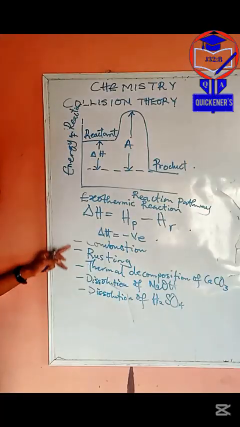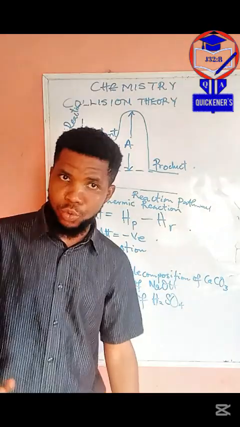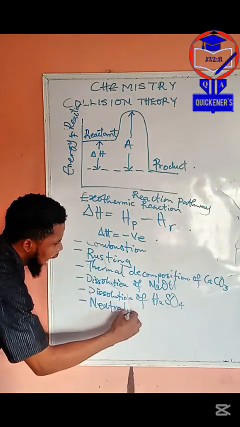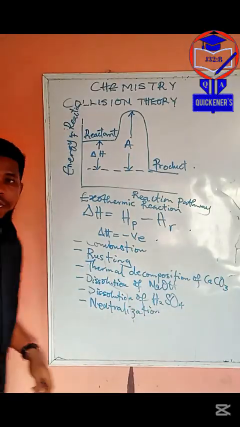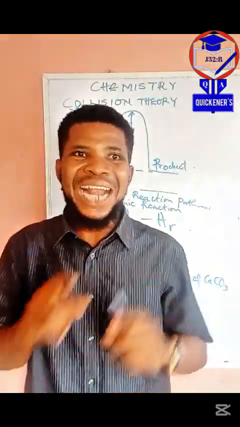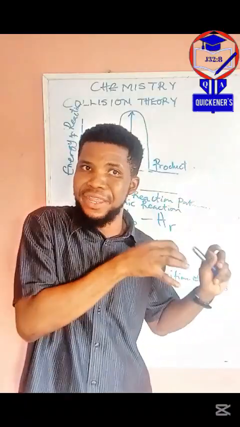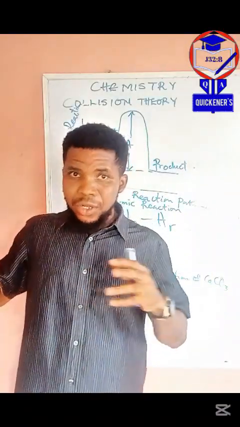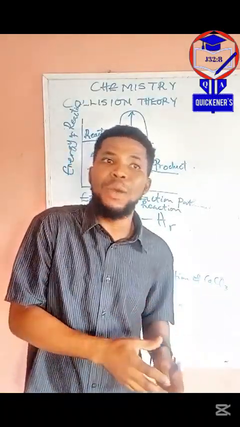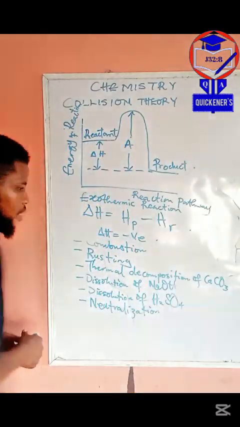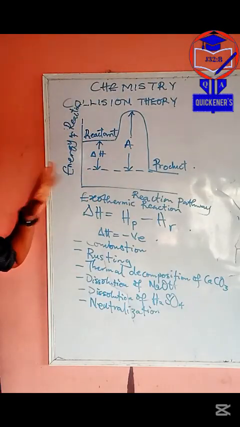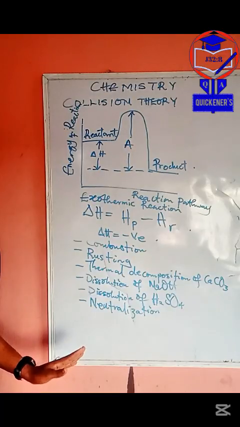Can you see how many examples we have? 1, 2, 3, 4, 5. There are many more examples. Let me put in one more important one: neutralization. What is neutralization? Neutralization is the reaction between hydrogen ions from an acid and hydroxide ions from a base. When they mix together, they form water. In other words, neutralization is the reaction between acid and base. That's just a simple definition. So neutralization is an example. Look at the energy profile diagram of an exothermic reaction. Can you see that now? Okay, let's take